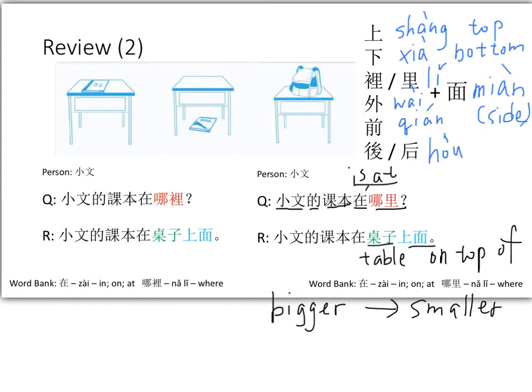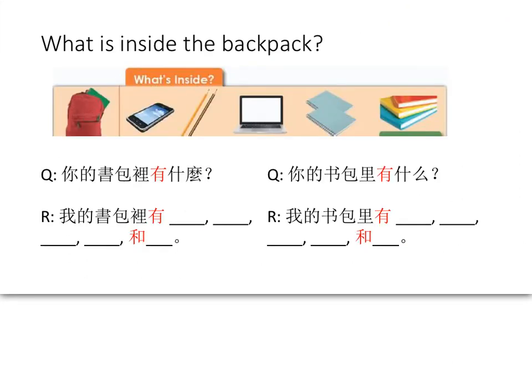If you don't understand what I'm talking about, you probably want to go back to the old videos and watch them again. Now we are going to look at the new content, and it will only be covered using 2 slides. Let's take a look at the picture. What's in this backpack? 有手机、铅笔、电脑、笔记本，还有书。